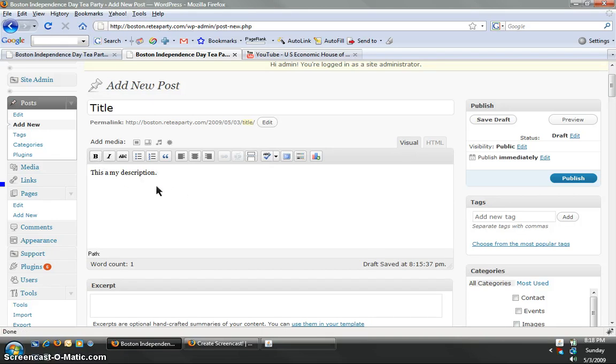You will see that I can highlight something and make it bold. I can highlight something and unbold it. I can make it italic, I can unitalicize it, I can also strike through it, put a line through it, I could turn it into a list, I could turn it into a numbered list, or I could turn it